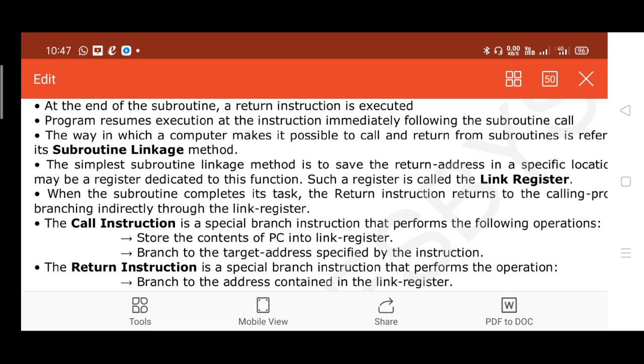Just recall the concept of calling function and called function in your C programming, right? The main function is normally considered the calling function, because the main function is where the default executable program exists. The other one is called the called function.